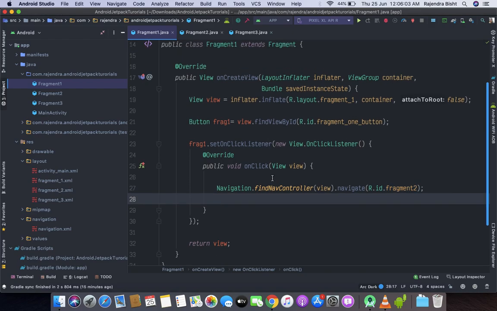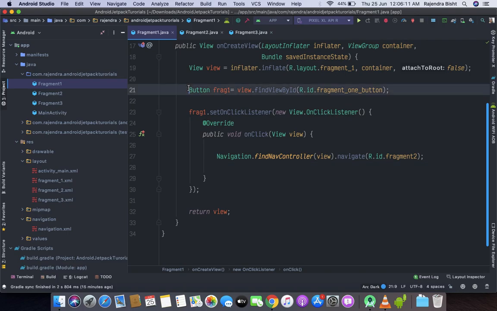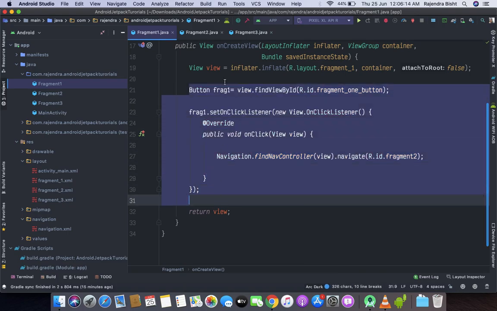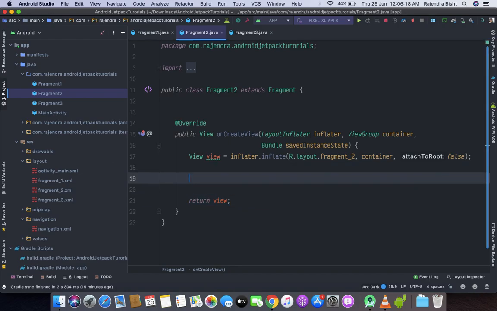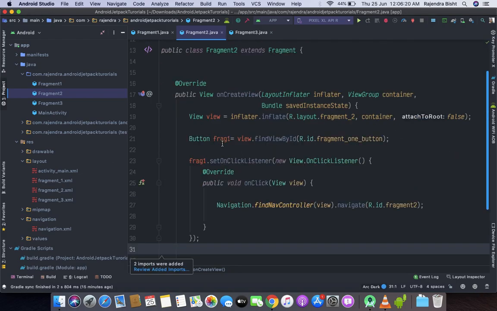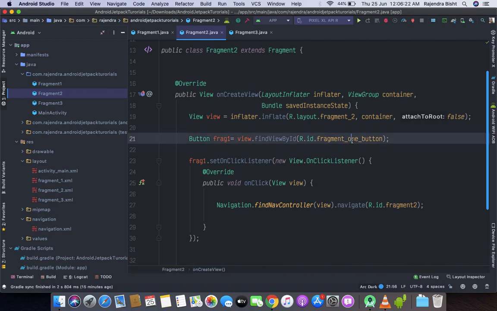Similarly we will set the code for fragment 2 and 3. I am going to copy it and just paste it in fragment 2. Here we will change the button name, which is 2, and here we want to move to fragment 3.